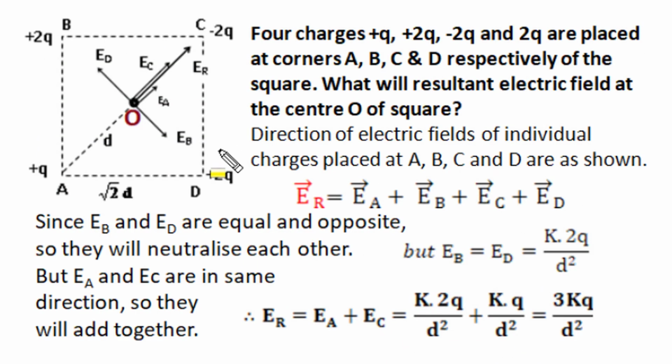Let's take another simple calculation on superposition. We have a square, and on its 4 vertices charges plus Q, plus 2Q, minus 2Q and plus 2Q are placed, and we have to find the resultant electric field at the center of this square. It is given that the center point is at distance D from any vertex. Since electric field intensity is a vector quantity, for superposition calculation the direction first rule is important, and the electric field